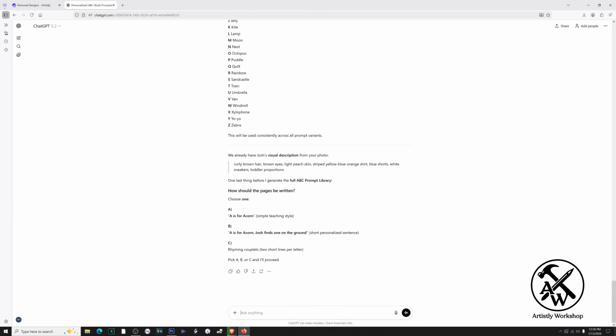So now it's asking me how the pages should be written. Just simple, A is for acorn, and then with a little phrase afterwards, like Josh finds one on the ground, which I like a little better. And then it's asking me this because we already had this conversation, and it knows what I want. So the C option it's giving me is rhyming couplets, 2 short lines per letter. And so what I want to do is create a rhyming scheme where every 2 pages rhyme, like a kind of rhyming couplet, I guess. So that's what I'm going to tell